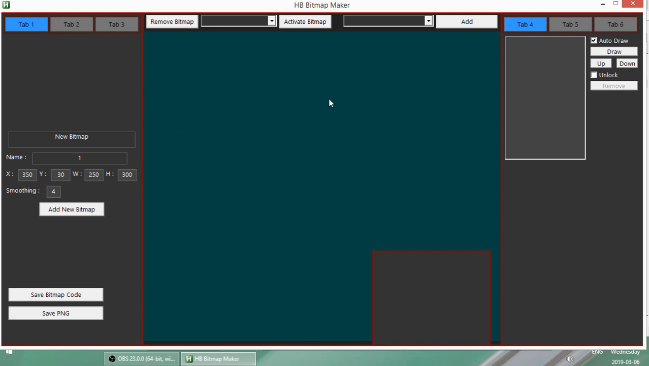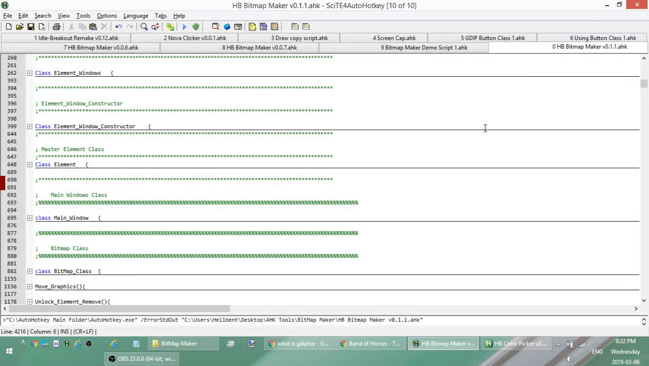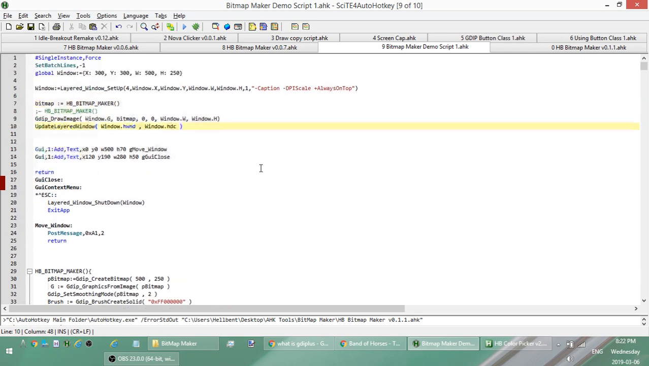So before I go into how to work everything in here, let me show you this little demo that I created. I've created a script, set it to single instance force, and I've set the batch lines to zero. I created an object that I use in a function call that I've created. It's just a wrapper function for a bunch of the different Gdip functions. So this basically just sets up a layered window for me, all in one function call rather than having multiple